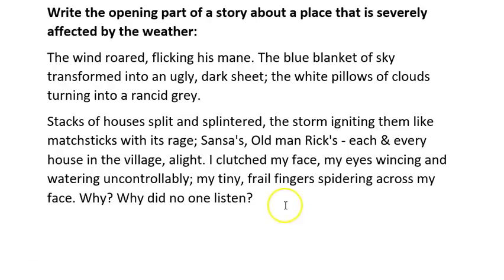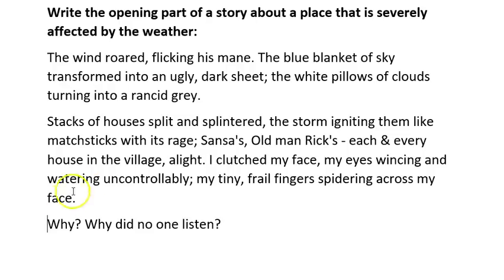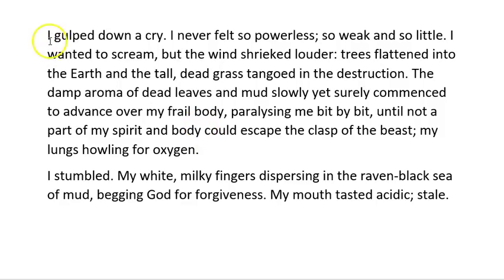Now, this works even better because it's as though these fingers are now disconnected from the narrator, and they're acting against, I'm going to call it him, against him, in an alien kind of way. They're now spiders rather than his own fingers. Now, if you've got this kind of question, it's a really good idea to have it as a separate paragraph. It also gives you something to return back to as a flashback. Presumably we could get some sort of warning given and a reason why this child, the narrator, was ignored. Okay, let's go to the next paragraph.